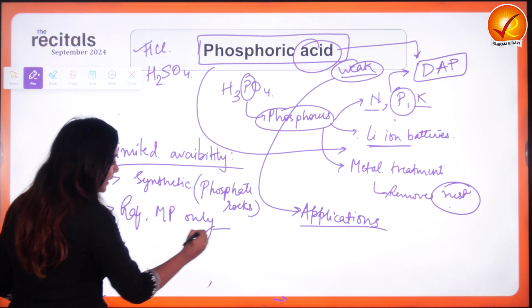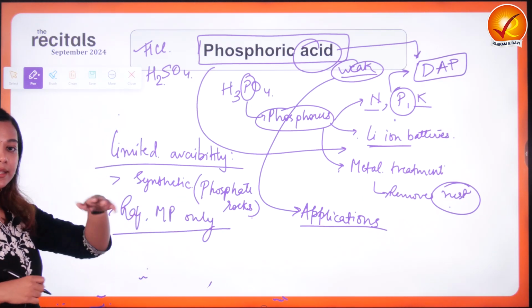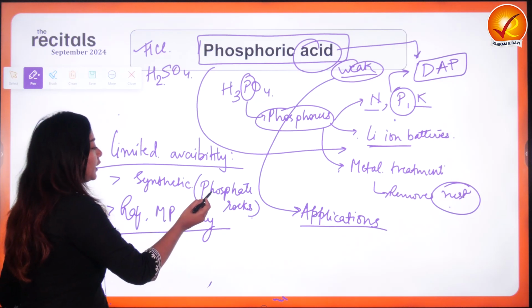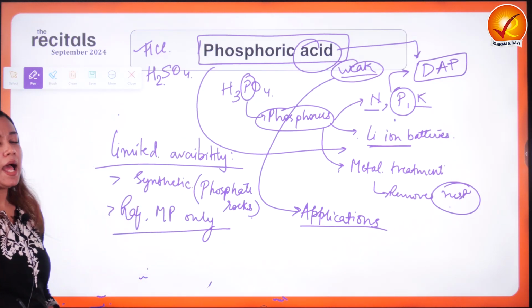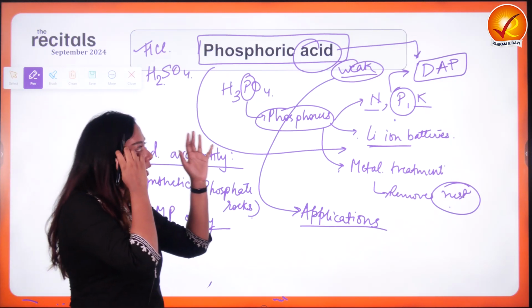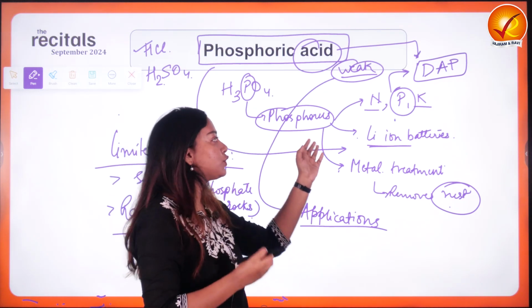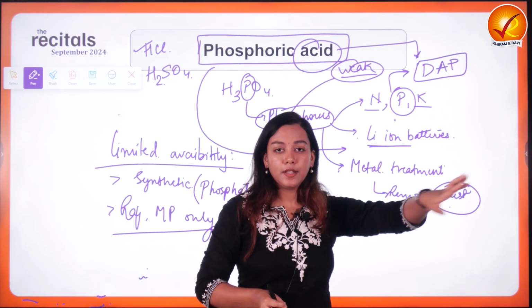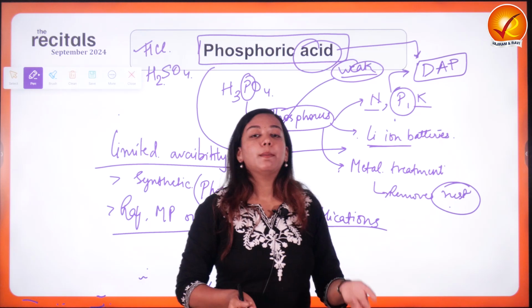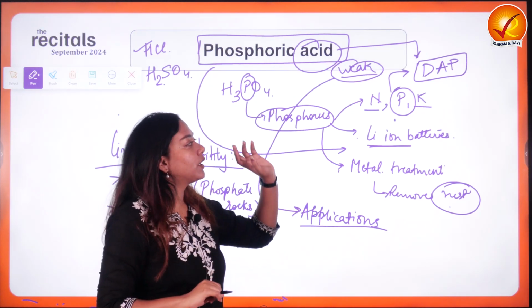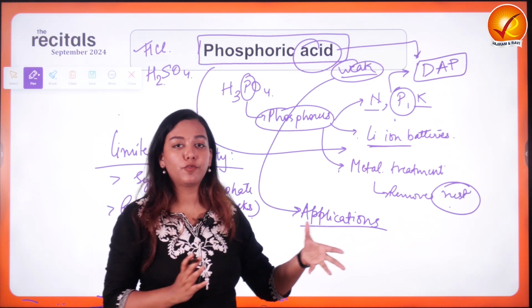Only 2 states are there which give us the phosphate rock, and then therefore we can convert it into the phosphoric acid. And till now, whatever phosphoric acid was getting used, we used to use it in DAP only. There were various other uses as well, but we primarily used to divert it for the creation of DAP because it is very helpful for our farmer friends.